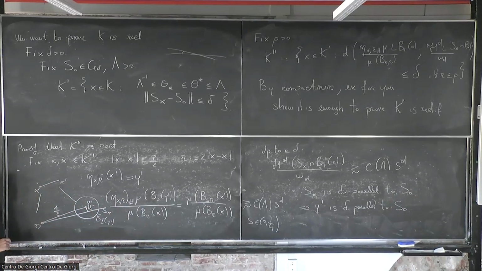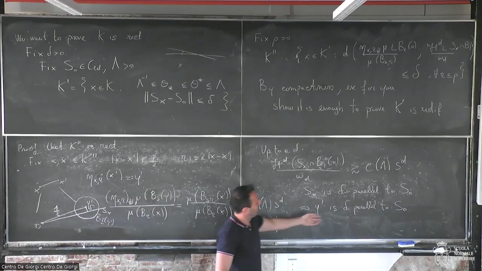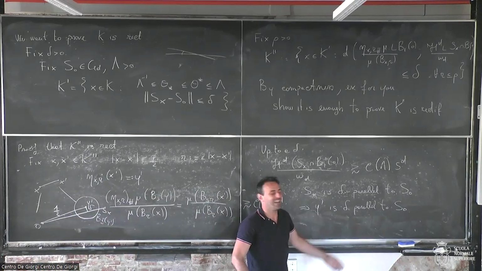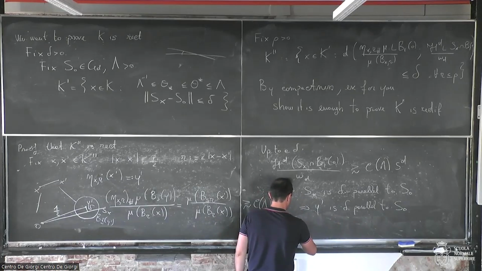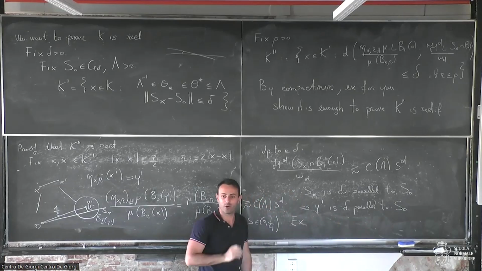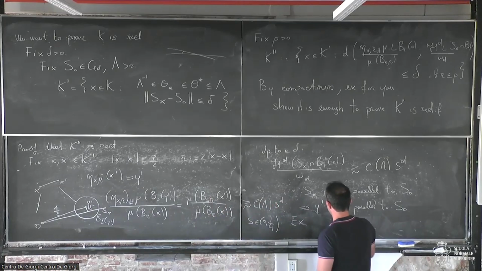This is constantly 1/2. So the ratio is something comparable to delta. So this is the A intersection by Taylor expansion. This is the delta parallel to S0. And now you conclude the proof with the following exercise. How do you conclude the proof from this? Is that if you take,